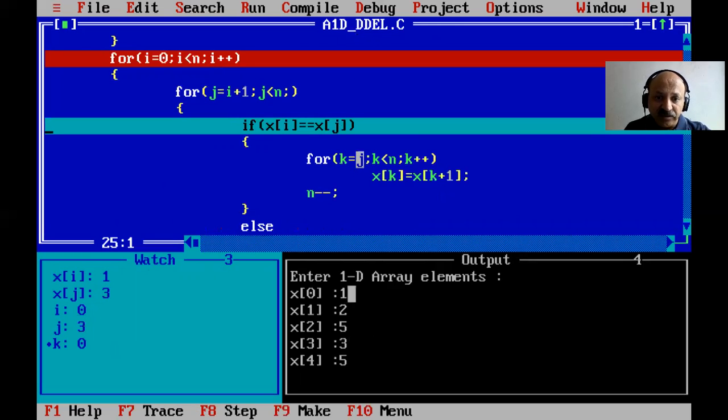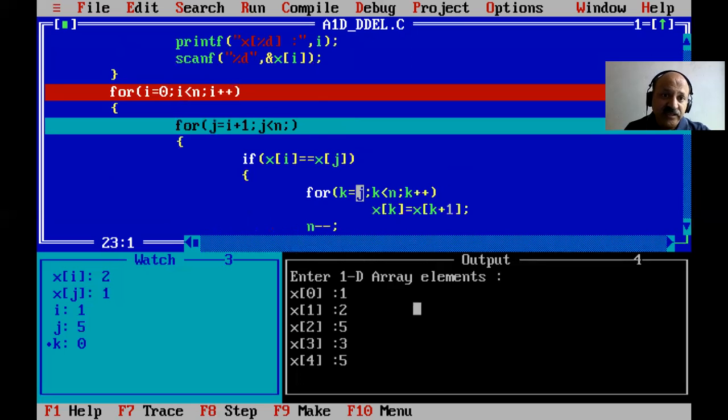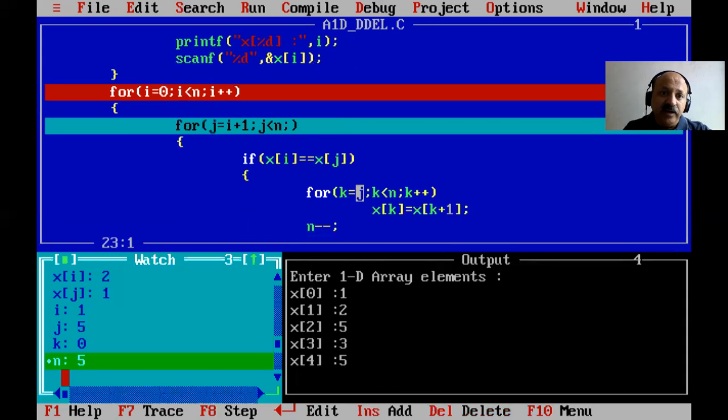So the first element is compared to each element. That is our requirement. So that is not if condition true. So again j plus plus. So we can say that 1 and 5, yes, that is the last 5, but that is not the same. So again j plus plus, but now the condition is false, because here I also take n, which is 5, and j is less than n. So here our for loop condition is false.